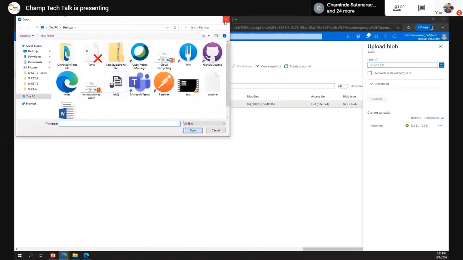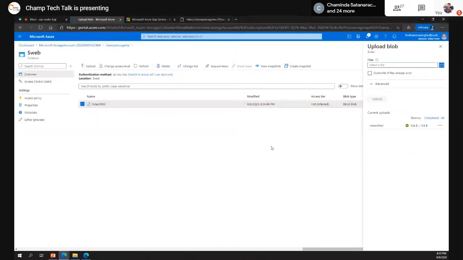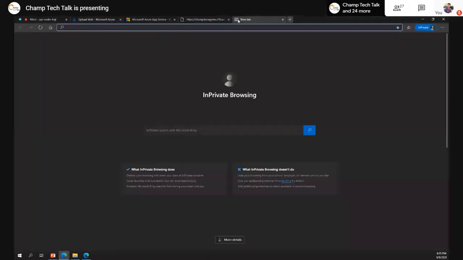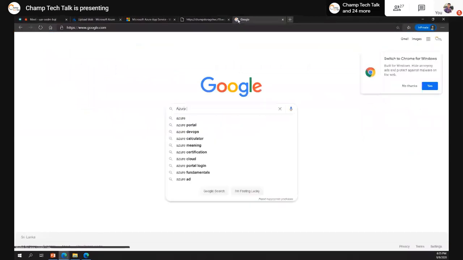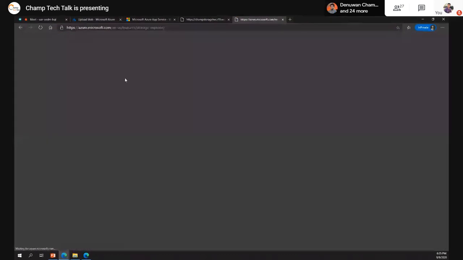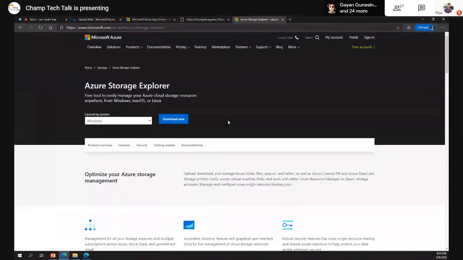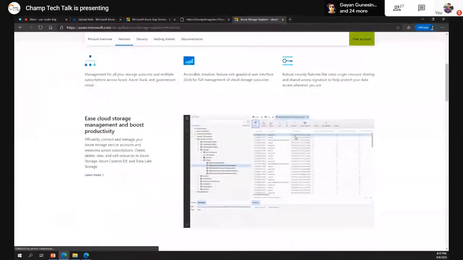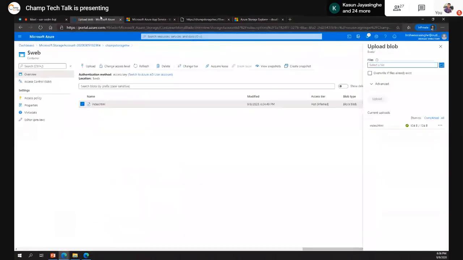So in that case, what you can do is, you can install Azure Storage Explorer. You can simply download it from azure.microsoft.net. So this software gives you all the capabilities, zipping, unzipping, export, everything. So you can simply connect this particular tool with your Azure subscription to work with it.